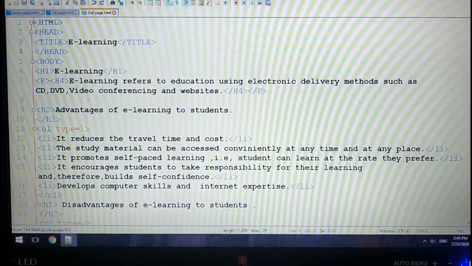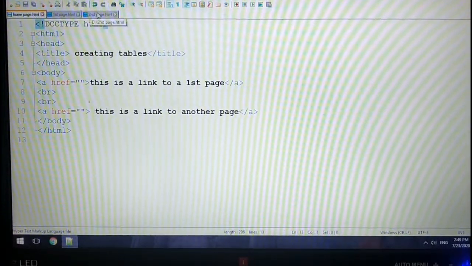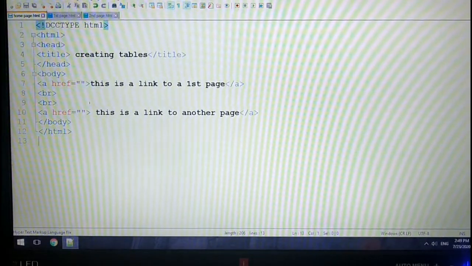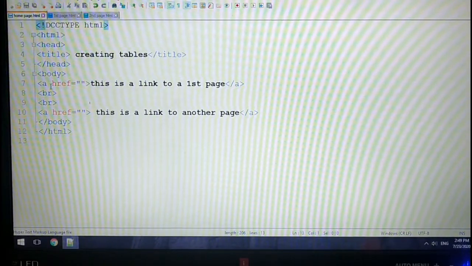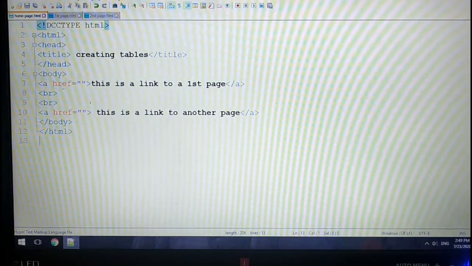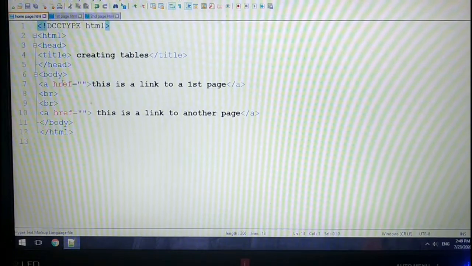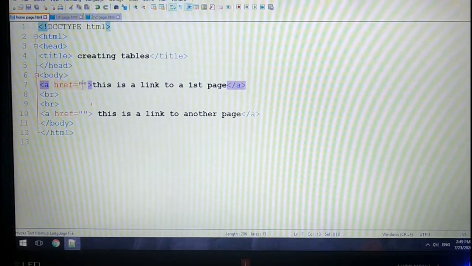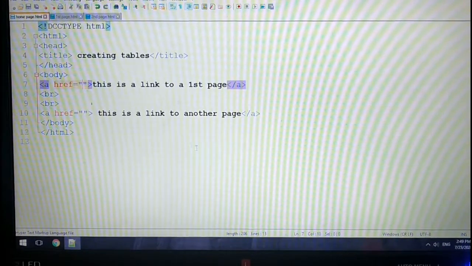Let's link the first page with the home page, and the second page also with the home page. To link the page, we will use the a tag with the attribute href, that is hyperlink reference, and write the address in between double quotes.